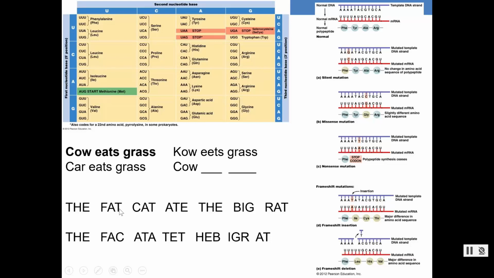Now remember, if this is a nucleic acid, we don't have placeholders or anything. If we delete the T, then instead of FAT CAT, it's FAC. This is going to make a big difference because the ribosome is just reading from one side to the other. So it starts reading THE, that makes sense, and then the T is gone, so we have FAC ATA TET, and you can see this caused a shift. All of the letters moved up, and instead of this nice sentence that makes sense, we have something that's gibberish. This happens if you have a frame shift mutation.